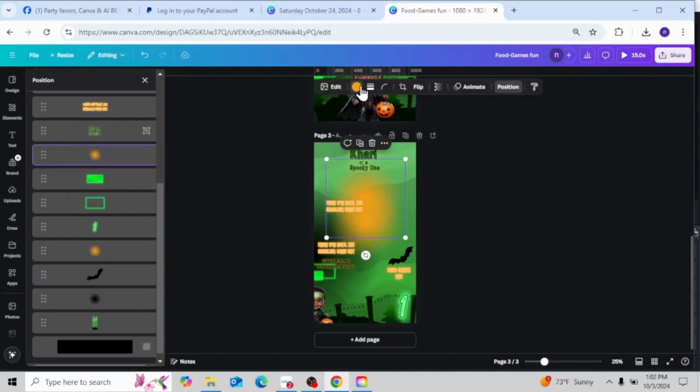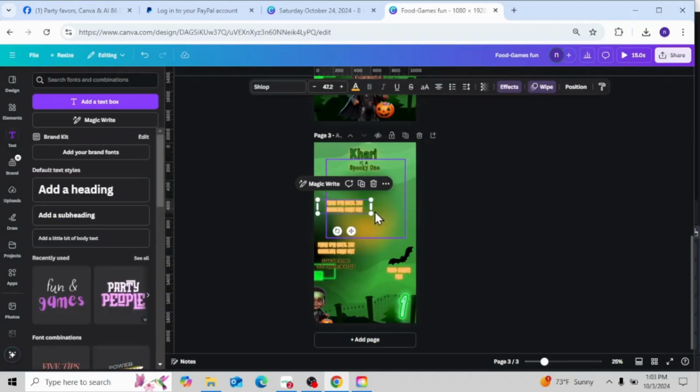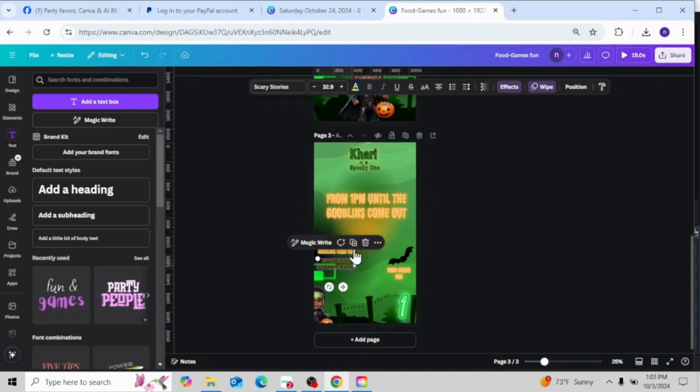I think I'm going to turn this a darker color. Let's do green, because this is my text. I didn't want my text to be the same color as that blur, so I turned one of those blurs to a green color so you can see my background better. And then we're going to use this font